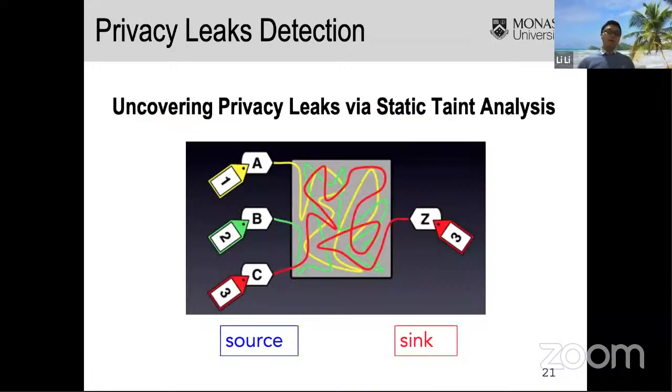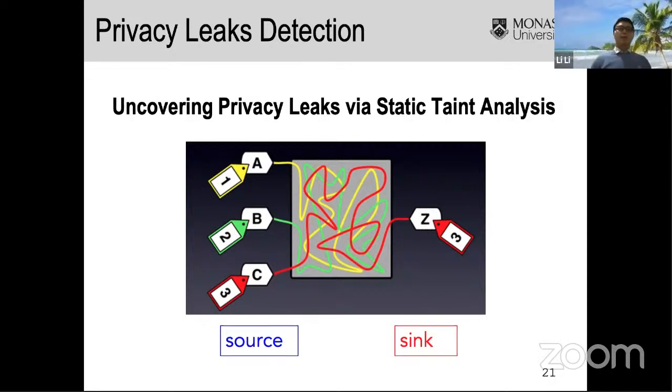The idea of the tool is essentially to uncover privacy leaks by static taint analysis. Static taint analysis is a very straightforward technique. Let's take the following figure as an example.